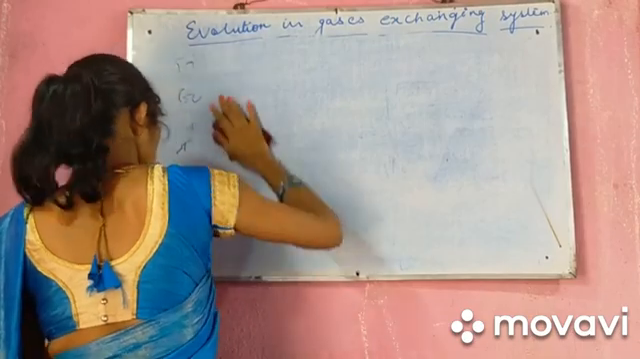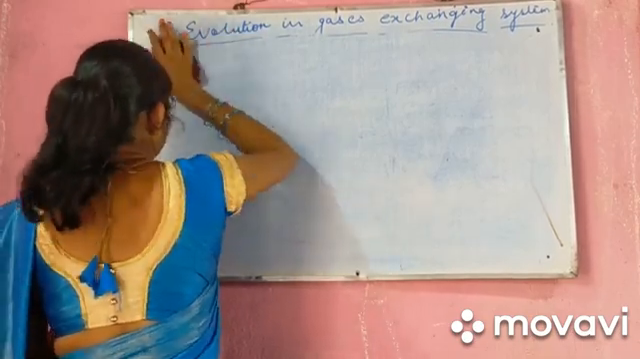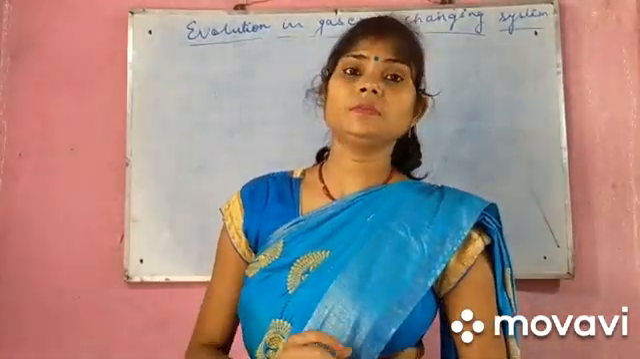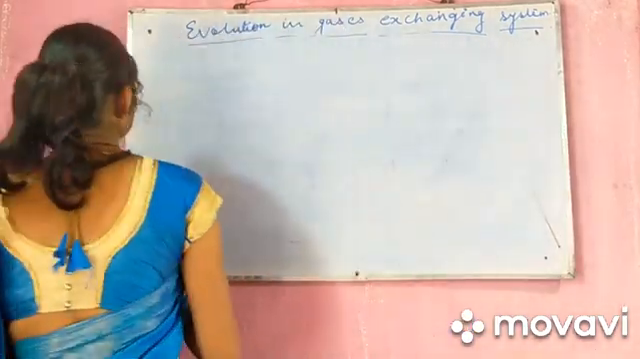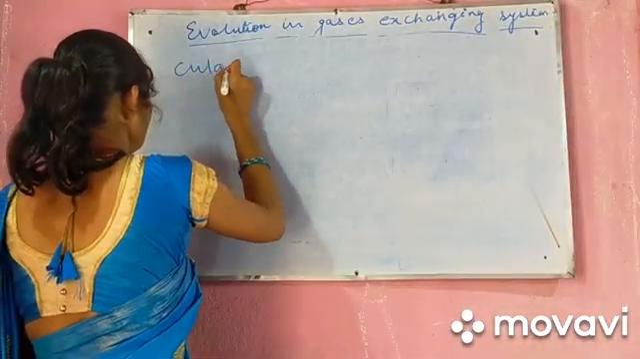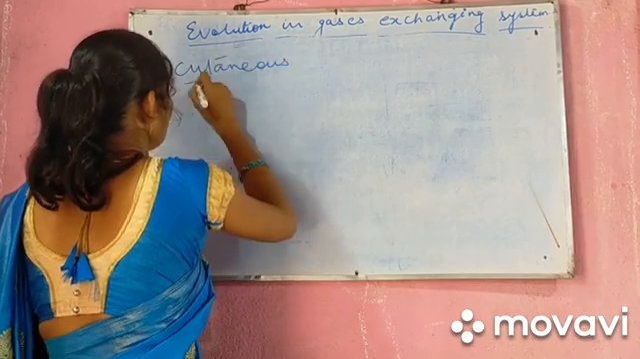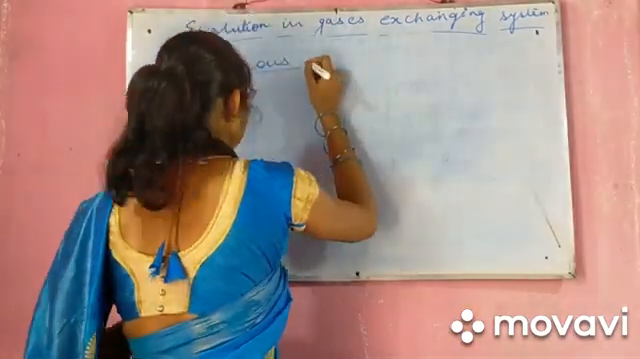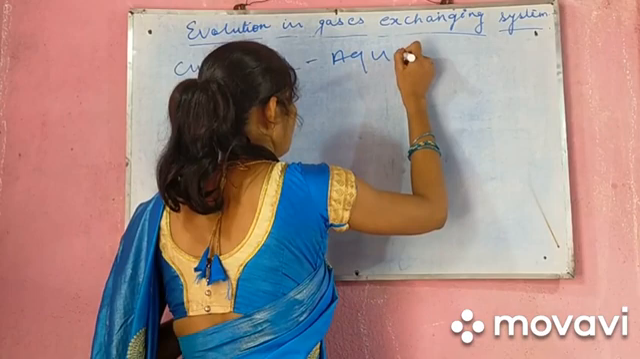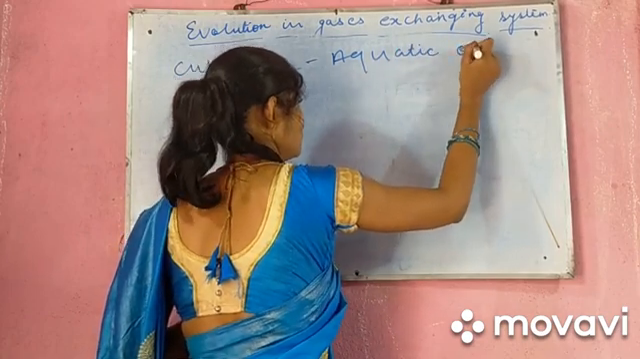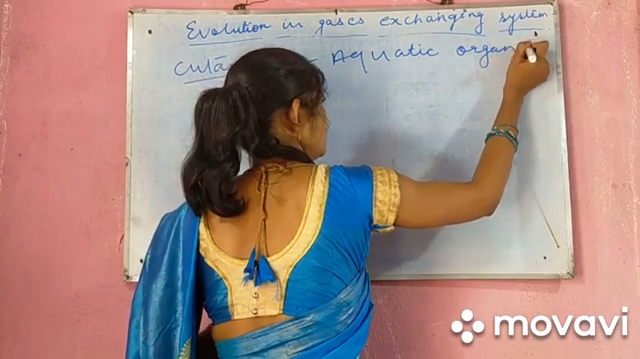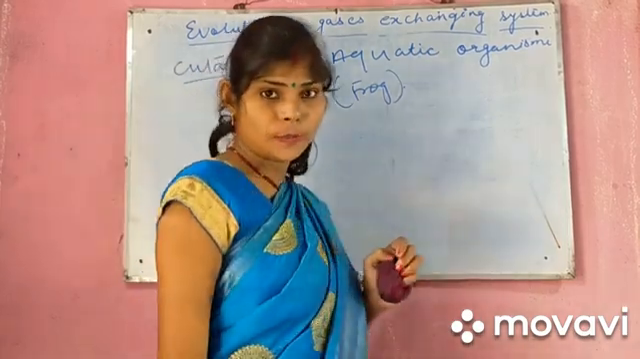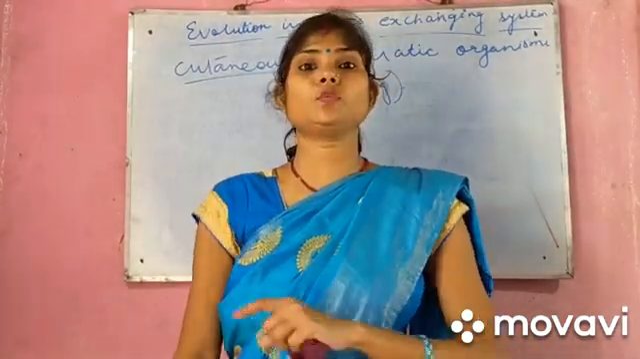Now we have read about the tracheal system and the branchial system. Now we read about cutaneous respiration. This type of respiration takes place in animals which live inside the water, that means in aquatic organisms. You can take the example of a frog. The mode of respiration which takes place through the skin